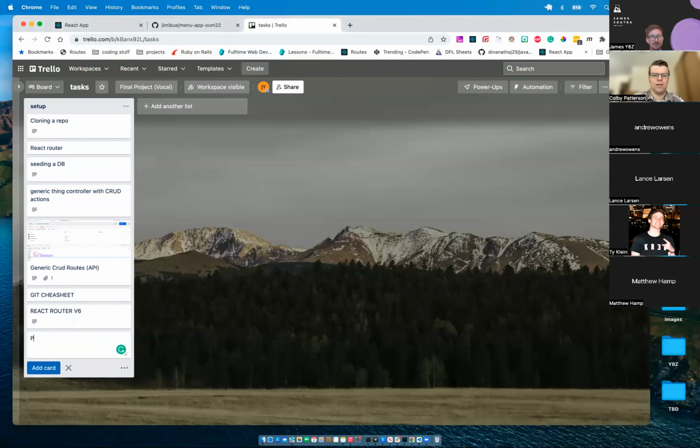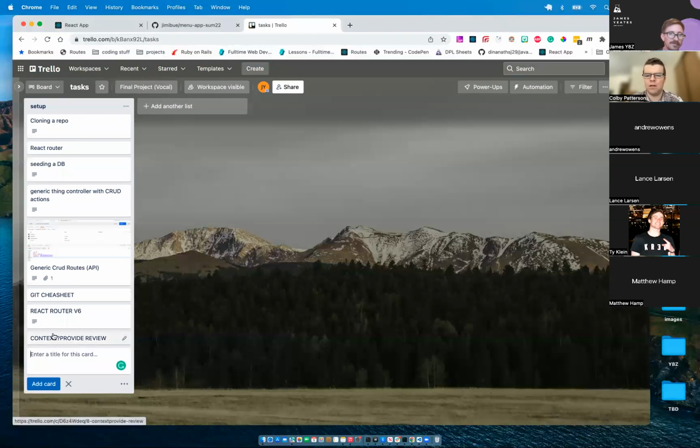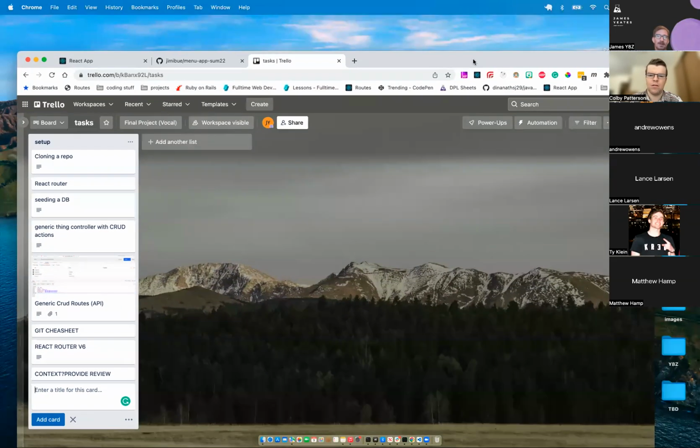But let's do a brief context provider review. Cool. Something else that can be good for these cards. One of the reasons I really like Trello is it's a good place to organize things. But there's a whole bunch of other tools we can use. So for instance,